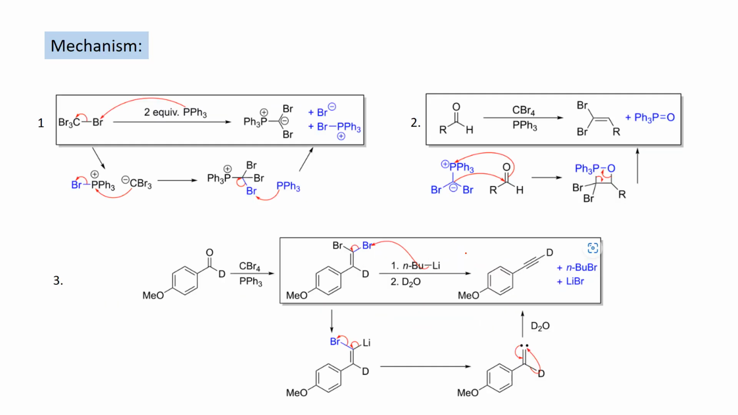So this is it. If we go into the mechanism, first the CBr PPh3 will attack this bromine center, forming C minus, similar to that Appel reaction, forming this C negative. After that, what will happen? This center,